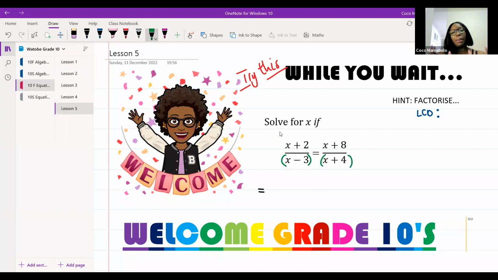Thank you very much. So we're going to take both of those, and we're going to multiply them together. And we don't even have to do that whole x times x, x times 4. No, we don't. I'm going to draw this on each side. (x − 3) multiplied with (x + 4). Going to be equal to something on this side, also multiplied by (x − 3). All right. The most wonderful thing about equations that are fractions is as soon as we have an equivalency of denominators on both sides, we can drop the denominator. So we just need to figure out what's missing on the top.